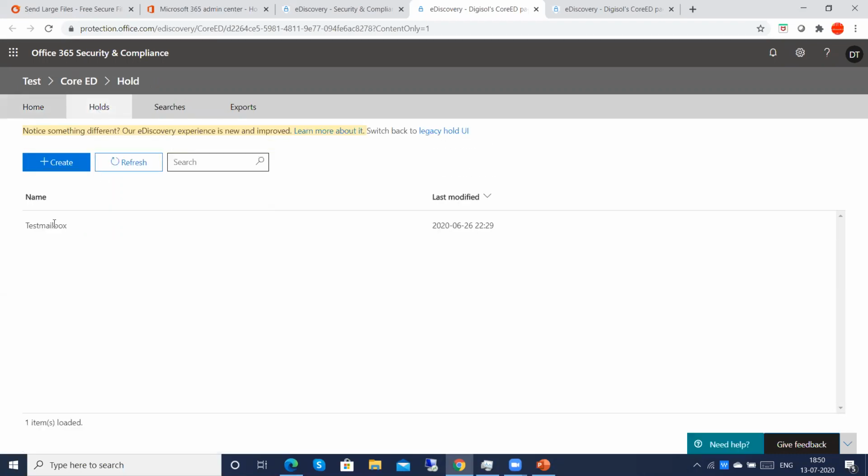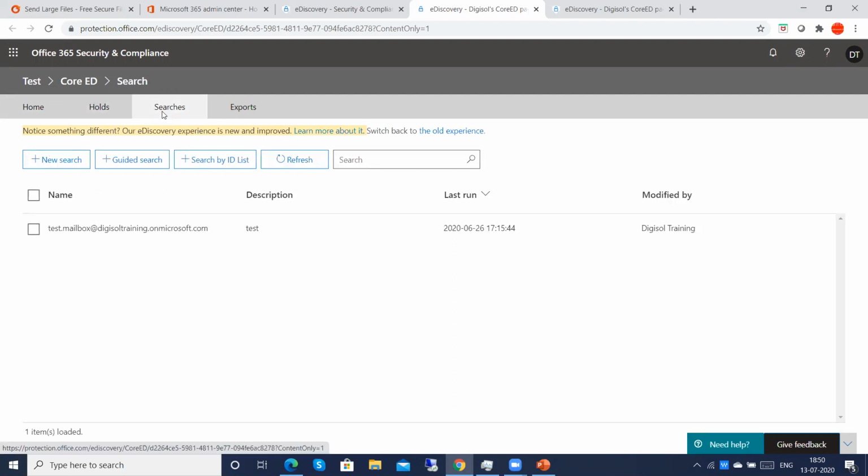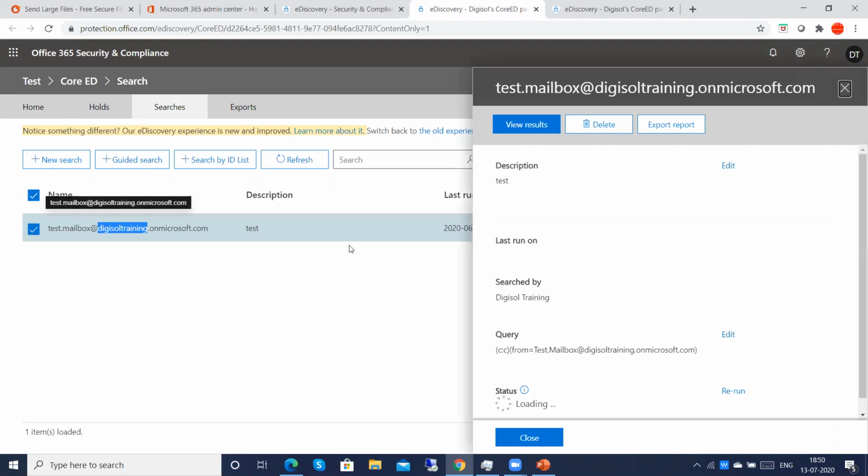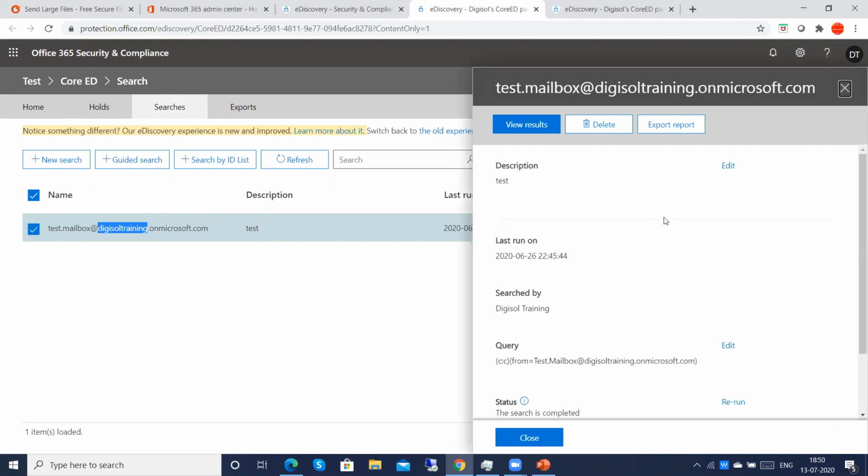Here we already searched this test mailbox. We kept it on hold. So we can export for this, or you can see the content. We see that the query is already complete, so we can see the results.